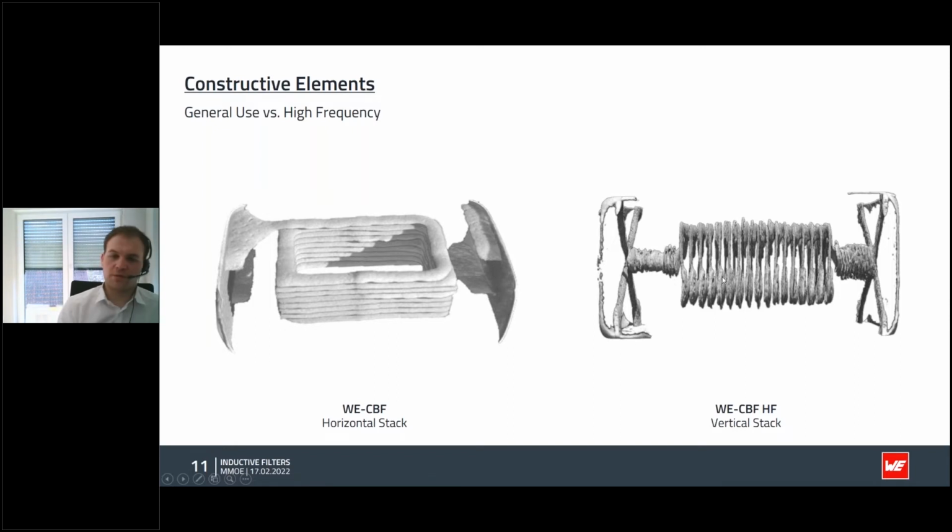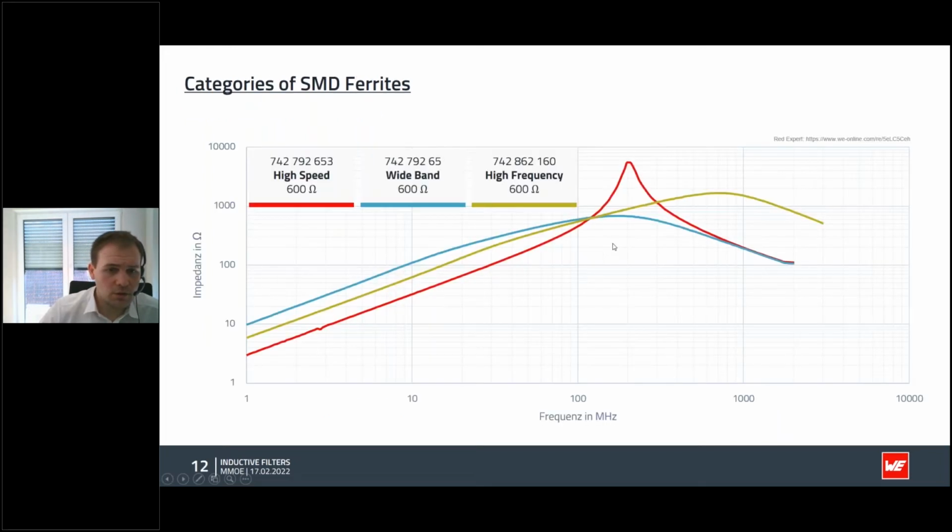Here we have turned the layer stack 90 degrees, increasing the number of capacitors that are switched in series, and switching capacitors in series will decrease their overall capacitance. So we will have a lower capacitance and therefore a higher self-resonance frequency. So using just some little neat tricks and switching up the construction inside the ferrite will lead to different impedance